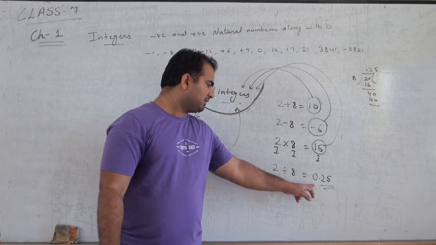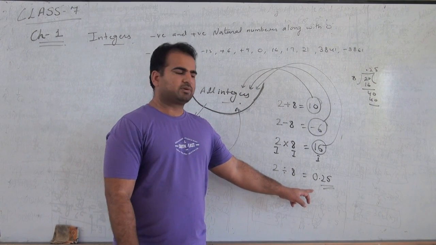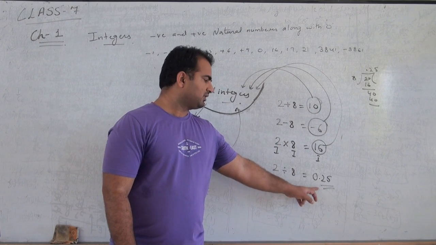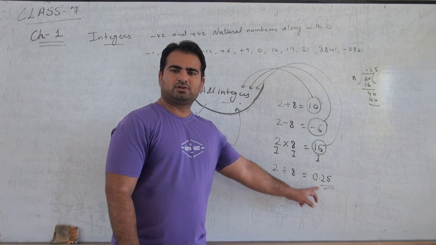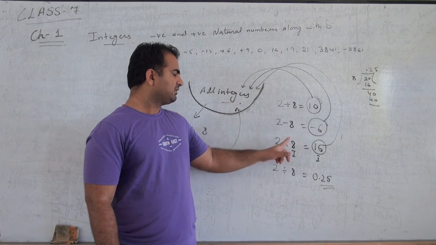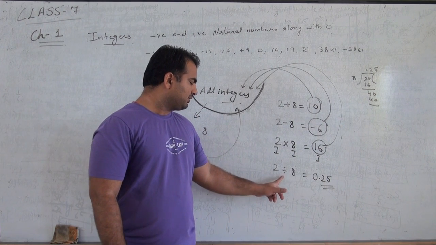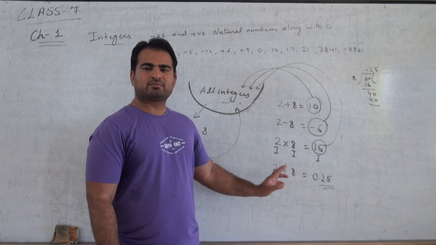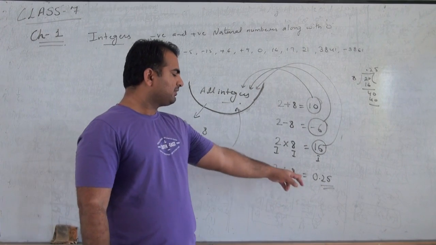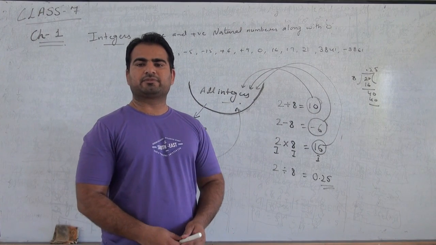It can be, but it's not always the same. It will not always follow the closure property, because it is giving a decimal number, a fractional number shown as a decimal. So closure property follows in addition, subtraction, multiplication, but we cannot say it always applies in division. What if the numbers are 4 and 2? Yes, we can divide 4 by 2 and it will give an integer. But what is 2 divided by 4? It will be 1 by 2 or 0.5.